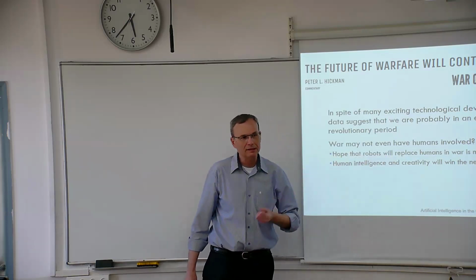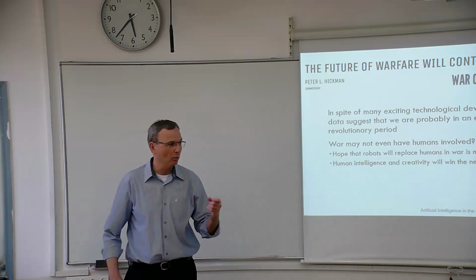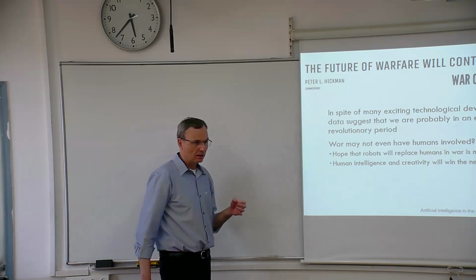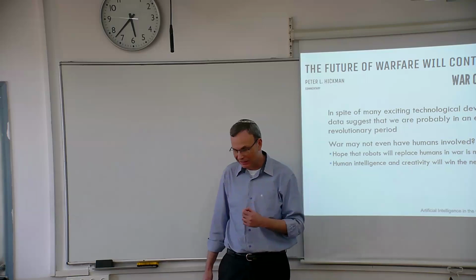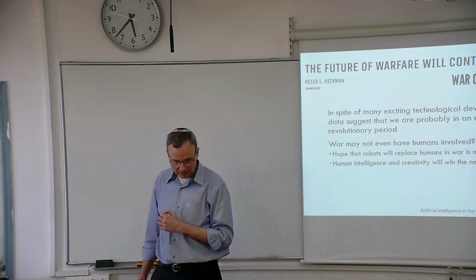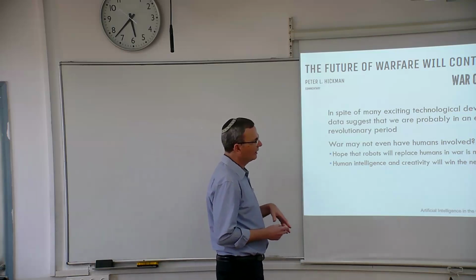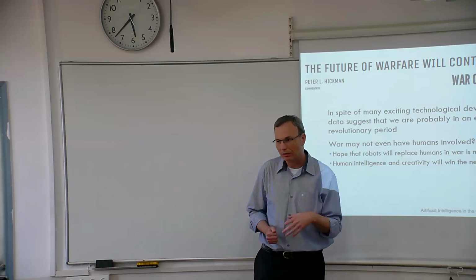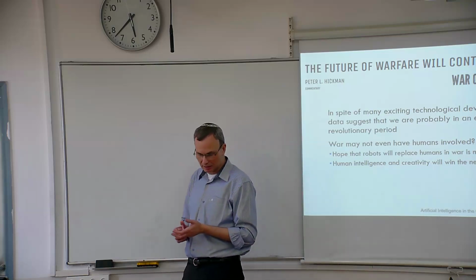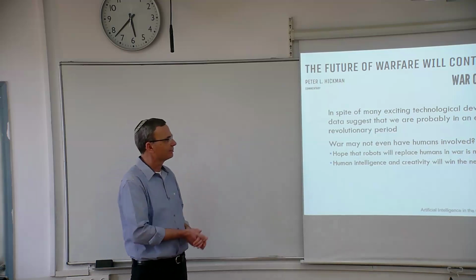He said no, this is not going to be the case because although we have great robots, they cannot think and make decisions like humans. Human intelligence is still more creative, and creativity is going to win the next war, not technology. This is his argument. Of course, people can argue with this,